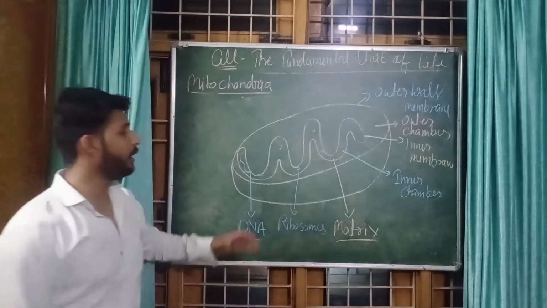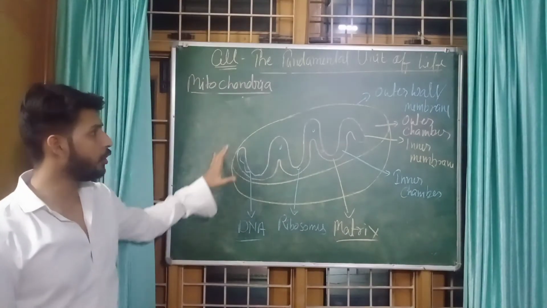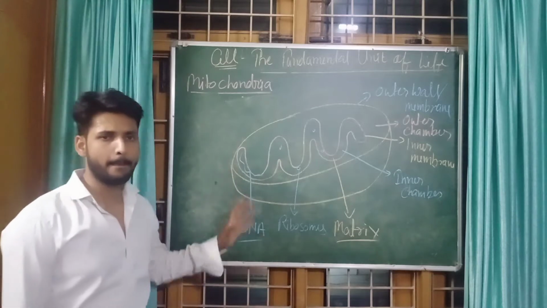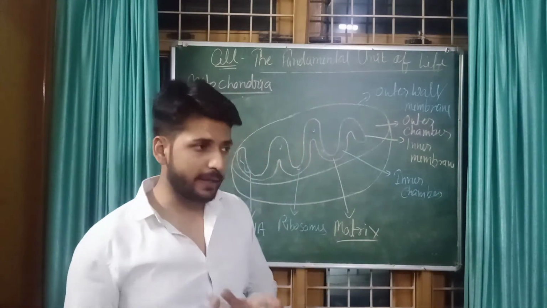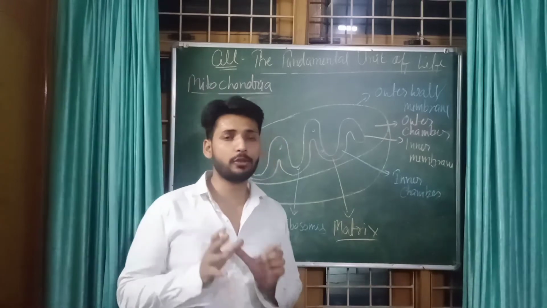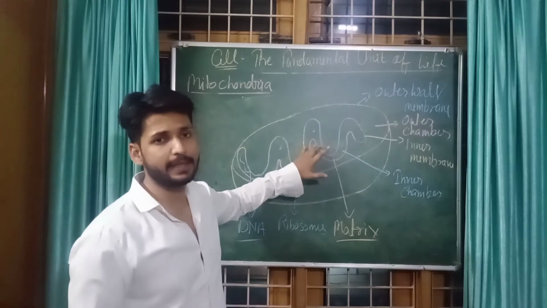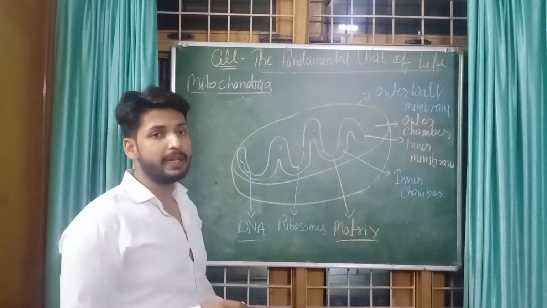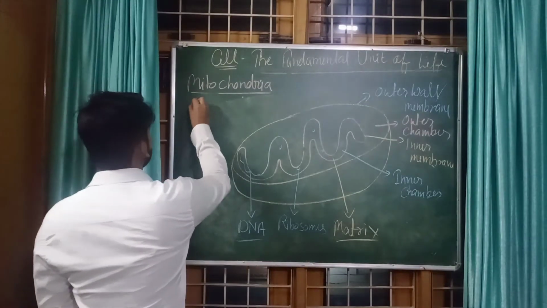So here you can look, this is the shape of mitochondria. Mitochondria look somewhat like this. Is it clear to you all? Okay, so what is the function of mitochondria? Actually, the function of mitochondria is to provide energy. The respiration reaction takes place inside the mitochondria. I told you the food we eat is in the form of glucose. Here we can see glucose,